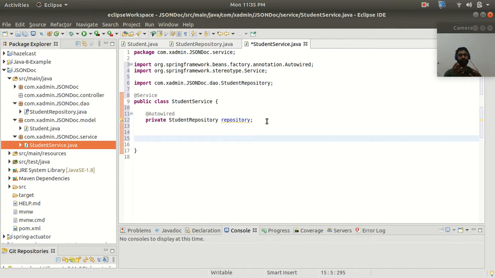So let's create one method to save a student inside my H2 database. I will keep String as the return type, saveStudent. This is going to take the Student entity.